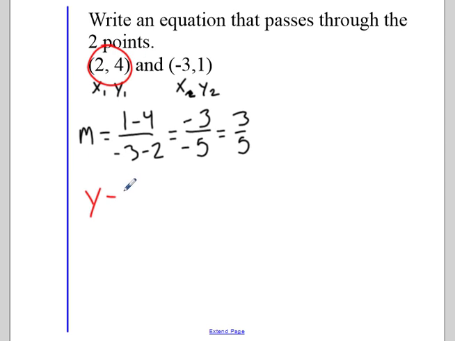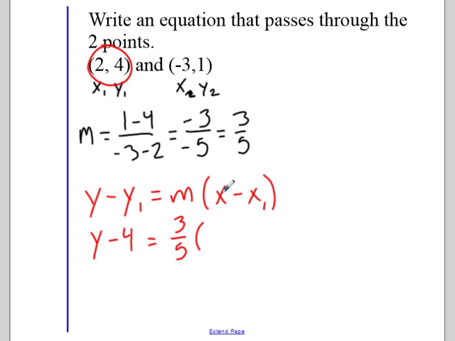One more time, here is point slope form. y minus y1 equals m times x minus x1. We're not going to plug anything into this y, because if we lost it, we wouldn't have an answer in the end that says y equals. It's this y we're going to plug something into. What's the y in the coordinate? 4. y minus 4. We got a slope. Let's plug it in. 3 over 5